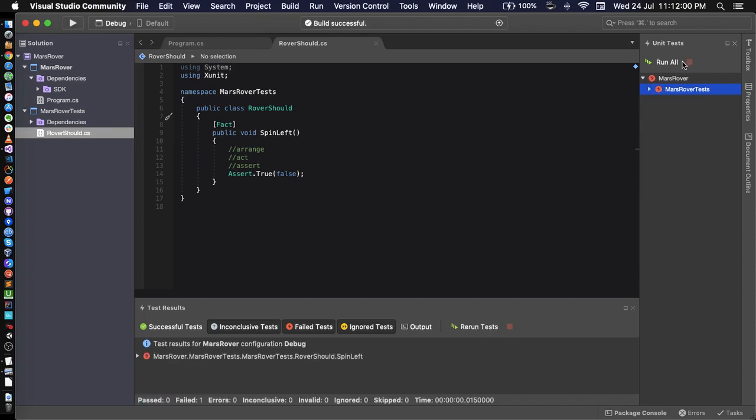So you see that the stop button, the cancel button, has gone off. That means my test has completed. And you see that the first item here is red, and all of the children are red. Actually, I have only one test. No matter how many layers of hierarchy you have, I have only one method that I've implemented, which is the SpinLeft test method. And you can see here that it is